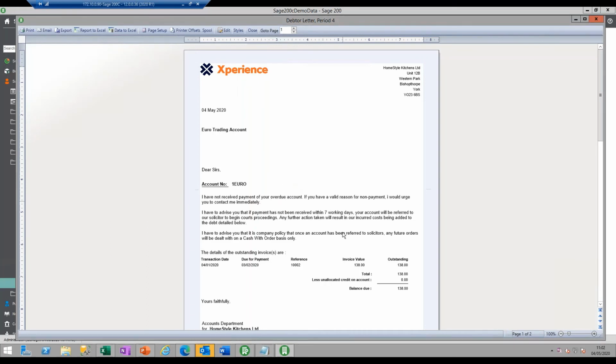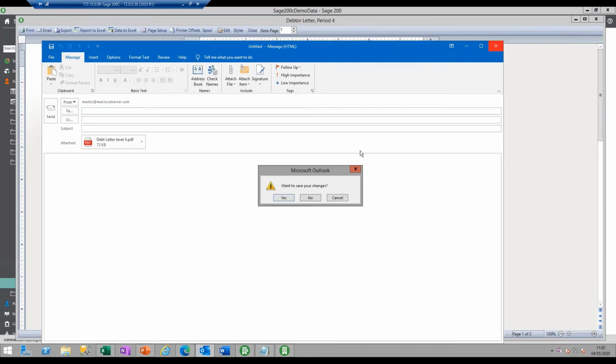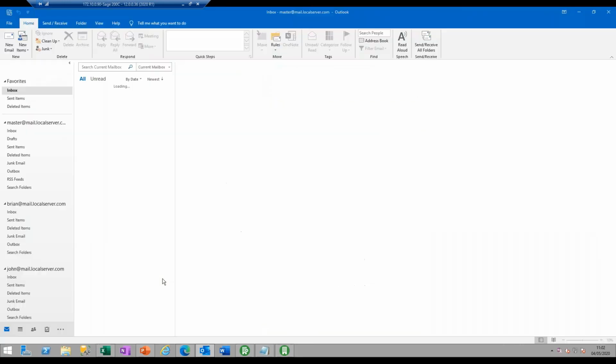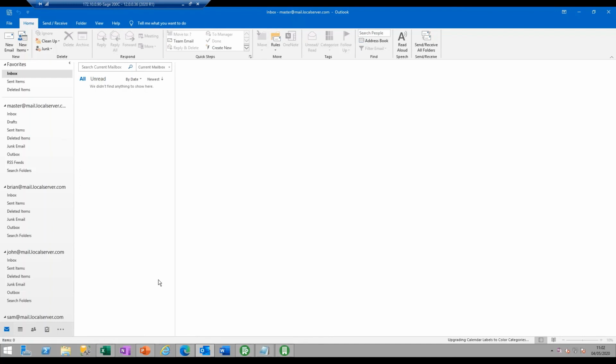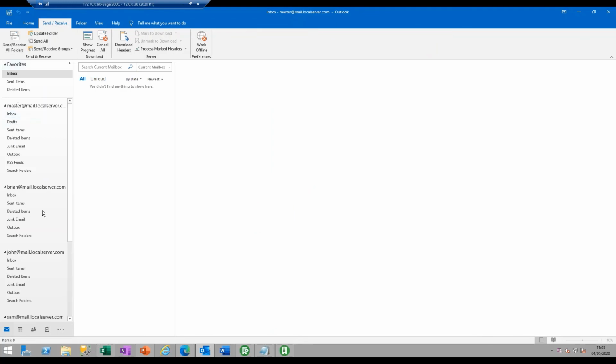And basically, let's have a look at Outlook. So what the system will do is generate a draft email. Now, they will be stored in your drafts folder. So let's just have a look at Outlook for a moment. And typically, you would go into your drafts folder and obtain your email document from there. So what I'm going to do is show you. Let's pick up